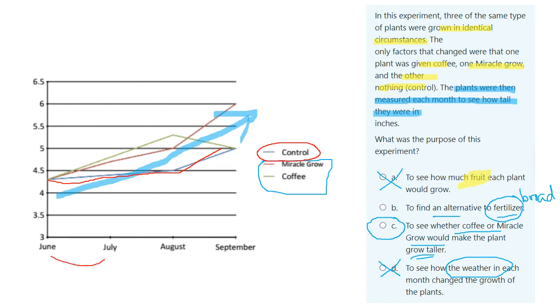But after 2 months, the coffee plant starts to die or starts to get smaller, but the normal plant would continue to grow. So we can compare the effect of using coffee on the normal and of using the Miracle-Gro